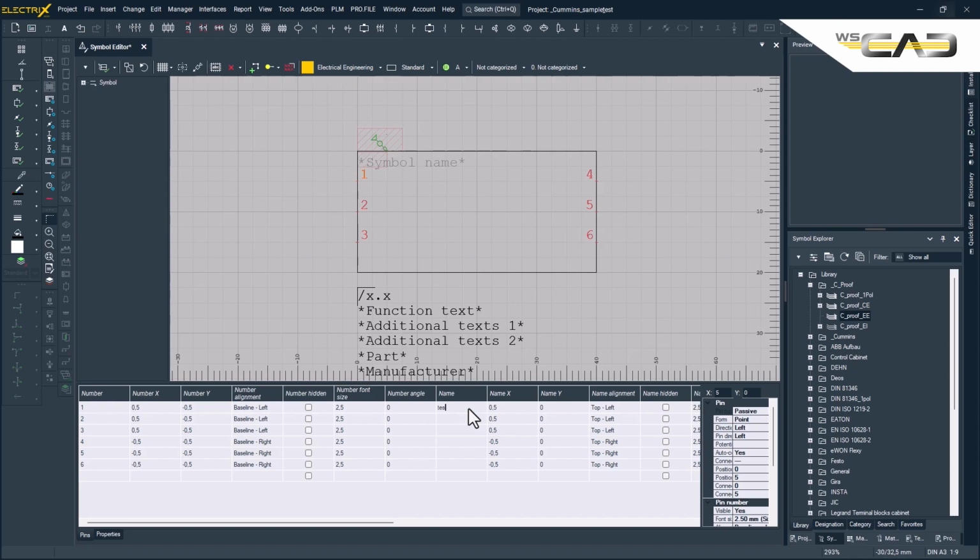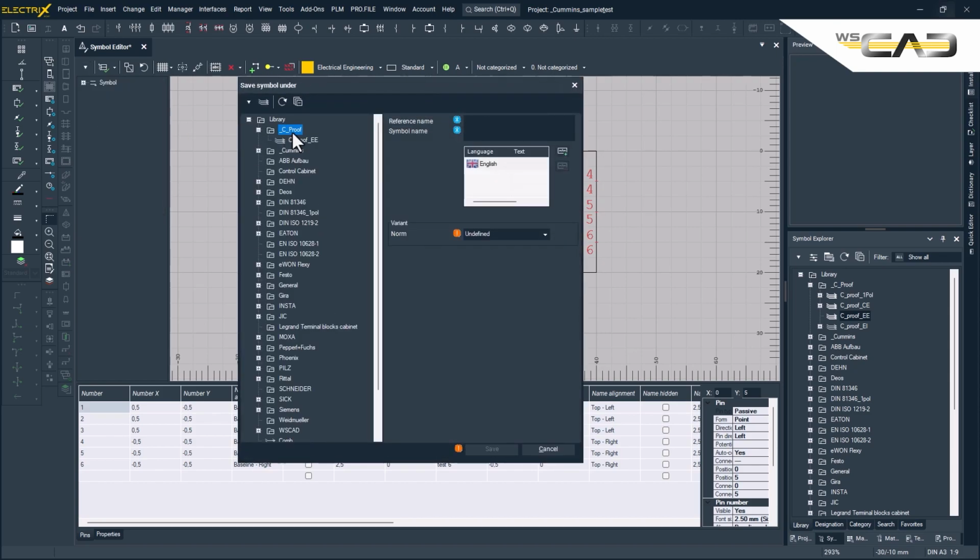And also give the pin names. Also here set the insert point to the first pin, and you're now able to save your symbol as a very standard symbol. For Save As and in the cproof EE library,